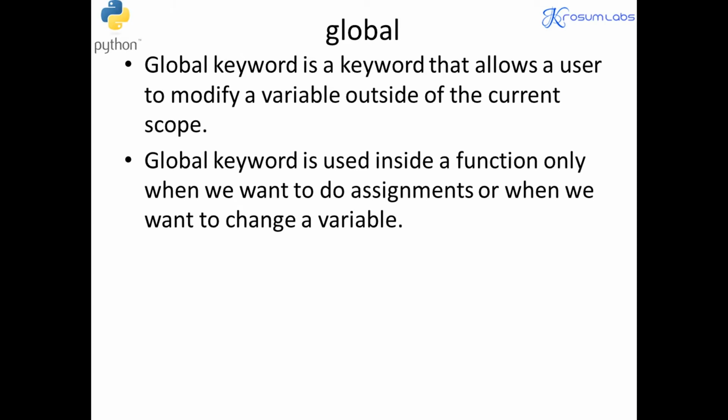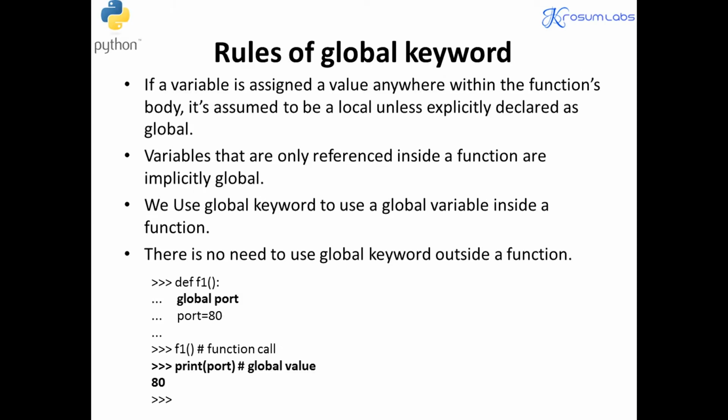You can see this global usage. And see the rules. Variables that are only referenced inside functions are accessible outside. So if you say global port number, now the declared and initialized variable is accessible anywhere in the program. After the function call, the port becomes a global port. Previously, we didn't initialize; only the global syntax, the global keyword followed by the variable only, not initialization, not assignment. You declare the variable, then later you can initialize any type of value.